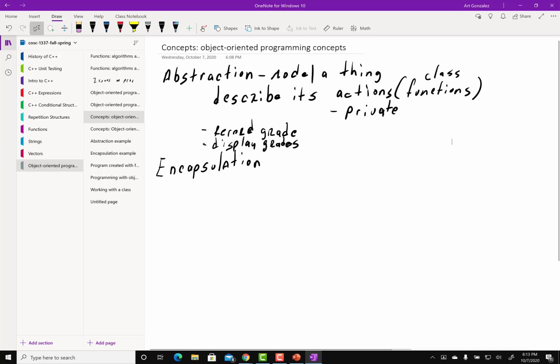Okay, the next concept is encapsulation. So the formal definition is the process of hiding the implementation of an object. This one might make more sense by combining data and code into a single object. The object controls its data, and the object controls who makes changes to its data. So we can say that encapsulation